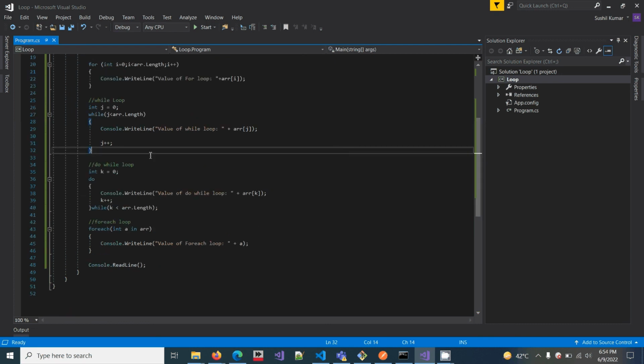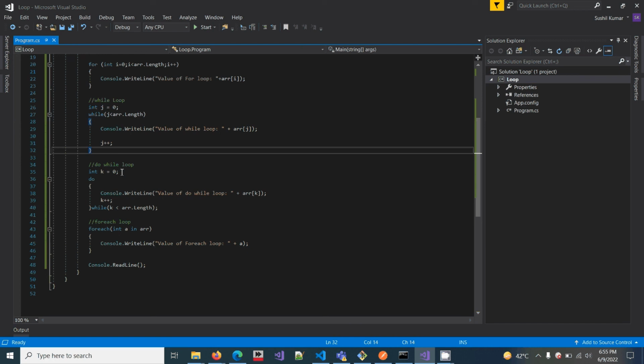Same with do while. First initialize the variable outside the loop. After that the body executes the first time, then increment and check the conditions. So, repeat again the difference between while and do while. In while, first check the condition; if the condition is false, then the body will not execute.